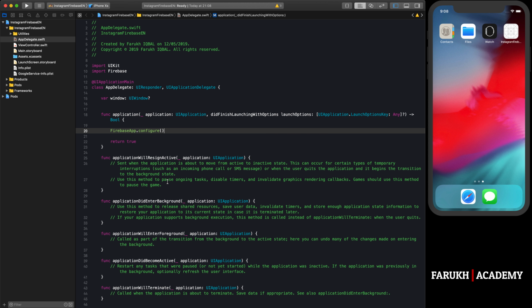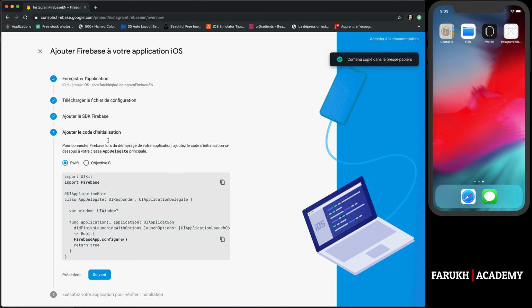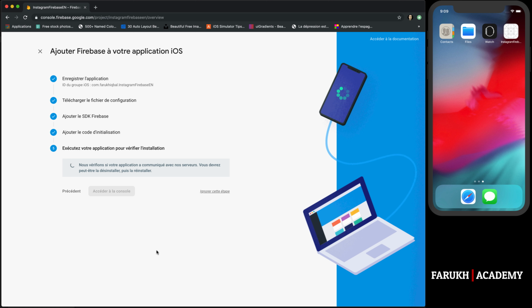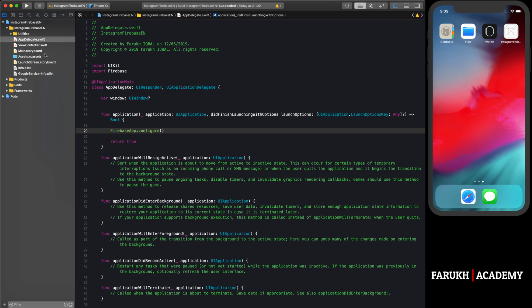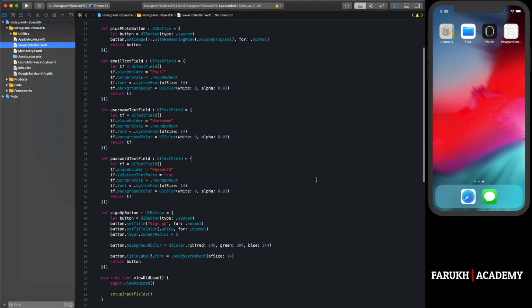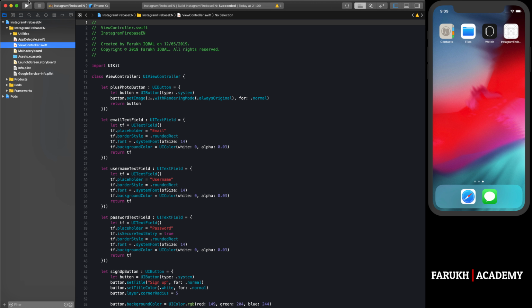Then what you can do is press Command B in order to let Xcode take into account these changes. Okay, the next thing we have to do is, if we press next, we can let this run in the background and continue to work on our project. The next thing I want you to do is to go to ViewController.swift. Maybe we can launch our app in order to see if